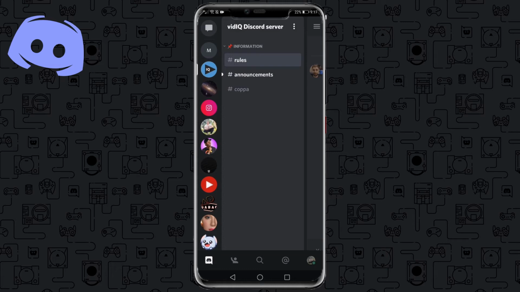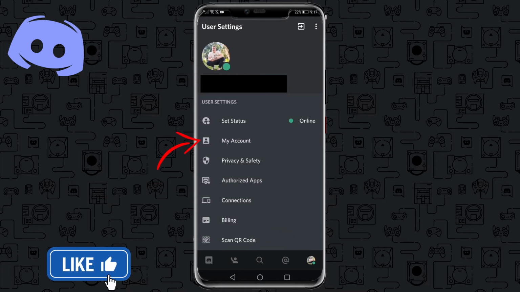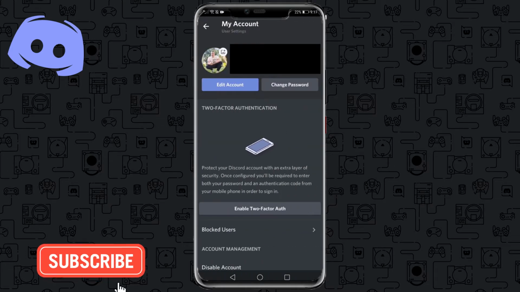In this video, I'm going to be showing you how you can change your profile picture on Discord mobile. So once you're logged into the Discord mobile app, you want to tap on your profile picture at the bottom right. Then you want to tap on My Account, and there where you see your profile picture, you can tap on that,